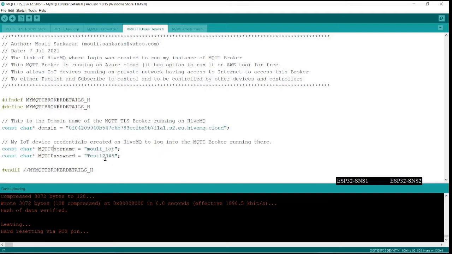So this is very much needed because the broker does not know whether the IoT device which is subscribing for a particular message is genuine or not. Otherwise, somebody can subscribe for the message and try to get what you are doing. In case you are controlling a serious installation which is very secure and secret, it will be exposed. What are the commands you are feeding to the controller?